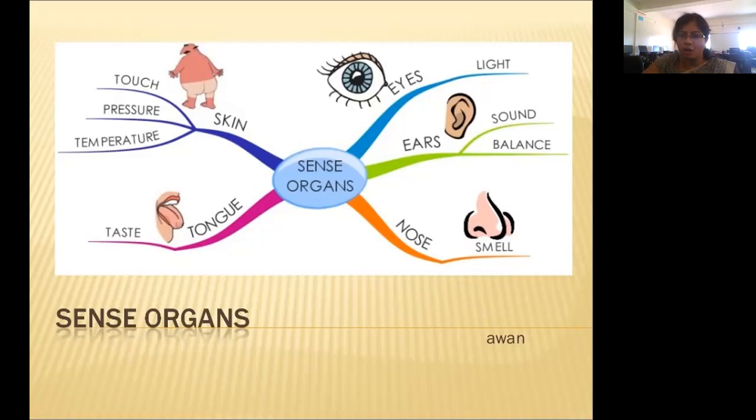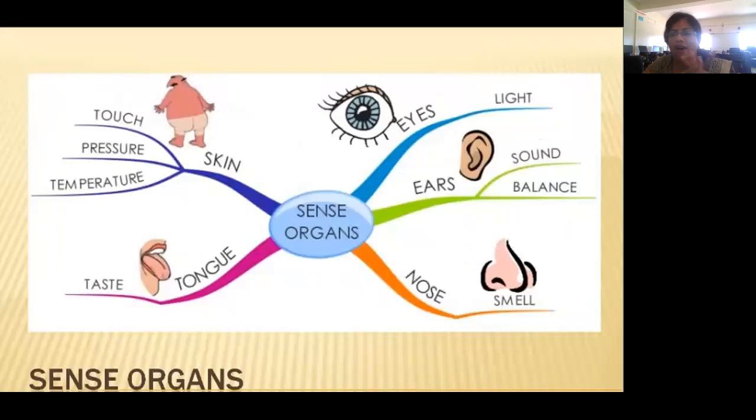We have totally how many sense organs? We have 5 sense organs. If you have any 6th sense organ, please let me know. Even I would be requiring it in my body, children. Do send me a message if you have an extra sense organ. Okay, so quickly let us see what are the common 5 sense organs which everybody has. If you have a special one, as I said, get back to me.